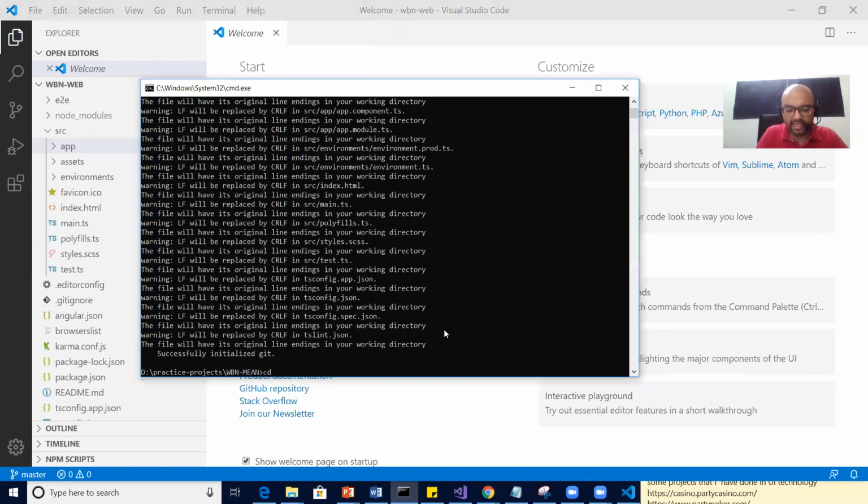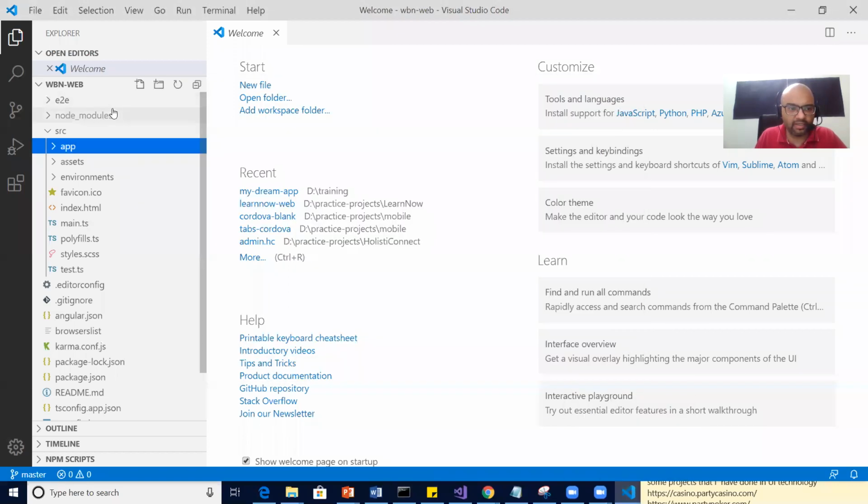I say cd and then the web folder. Now I am inside the project. Let me see the project again. We have the app folder. So what we should do is create at least three different components as of now. One should be, as I said, top bar, then layout, and then footer. Correct? So let's think in that direction.